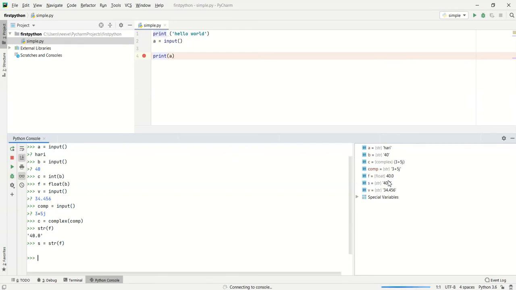And if you have a value in a string or any format which you want to convert into an integer, you can use int. If you want to convert to a float, you can use float, and if you want to convert to complex, then you can use complex. The input to these functions can be anything; irrespective of anything, it will get converted. In the case of complex, you can give only a string. The integer value and floating point value cannot be converted to a complex variable.